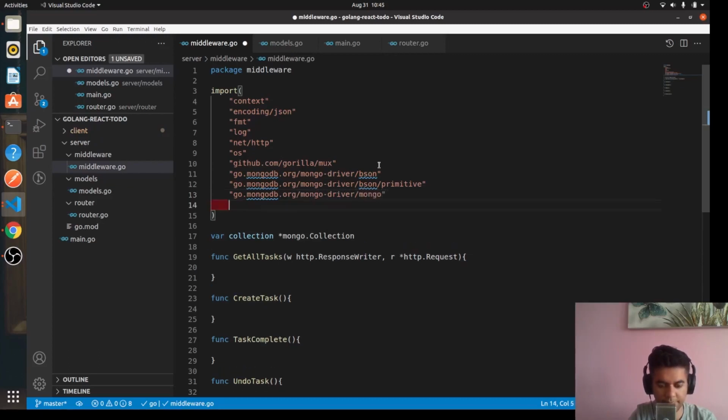go.mongodb.org/mongodriver/mongo. go.mongodb.org/mongodriver/mongo/options. So these are the ones that you need. And here